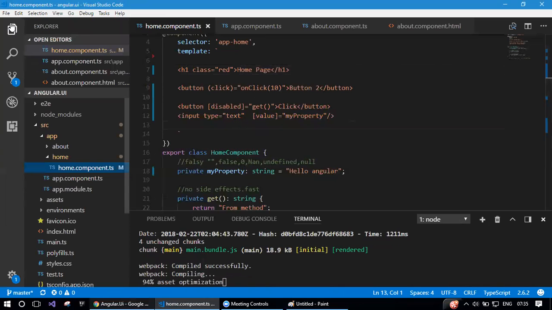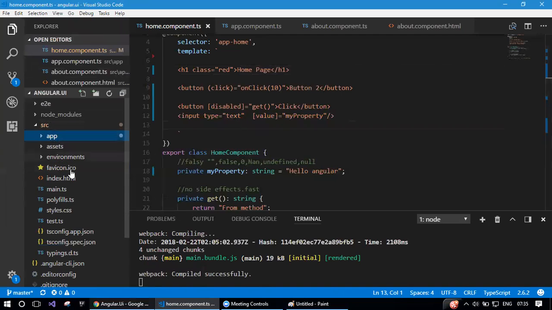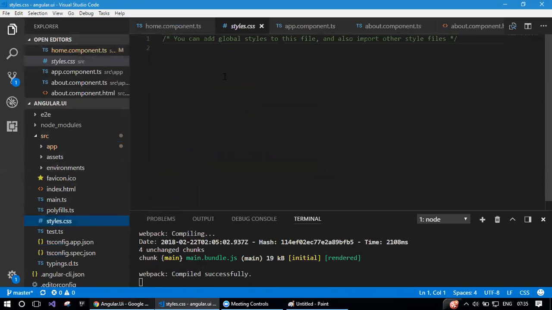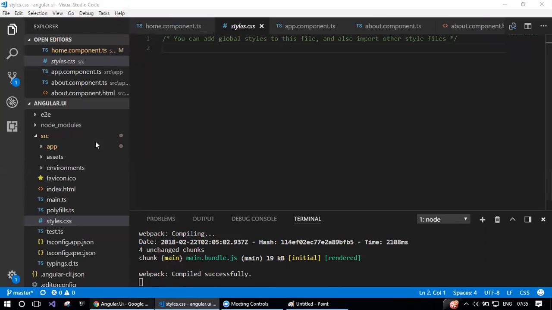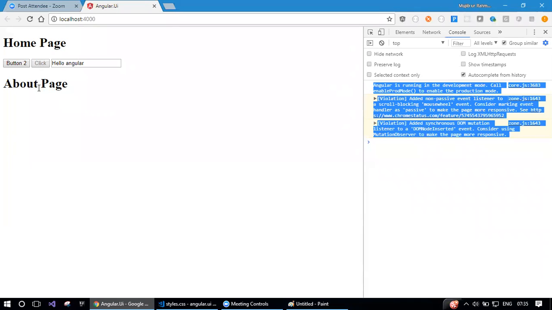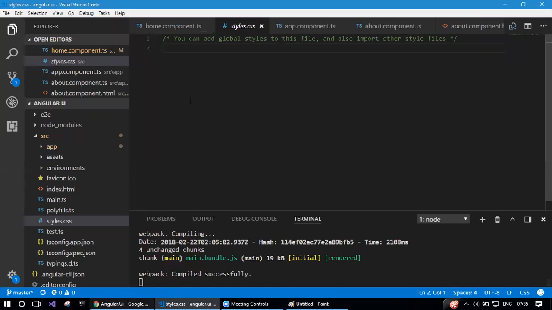So go to our project's directory structure, and somewhere you should have styles.css. These are global styles. So for application level, application wide, if you want to apply some styles, you would put it here. So what are the other styles other than global? You will have component specific styles. So only styles for only this component you can apply. At this moment, I'll go with this global styles, but we'll see later how to apply specific styles to specific